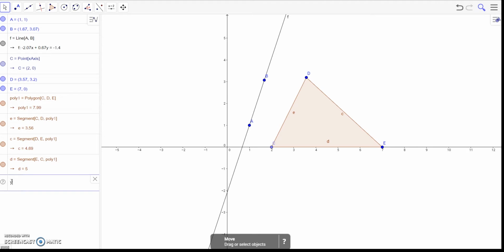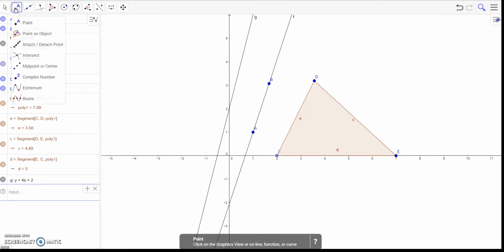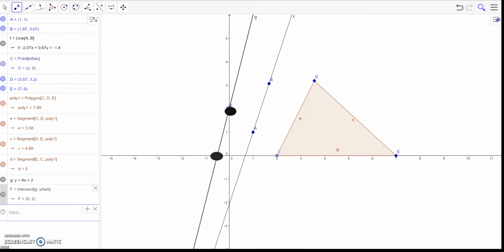Y equals 4x plus 2, and it'll give you this line. You can select a point and put the points at wherever you want on the line. You can go to 2 for your y-intercept, and your intercept is about a half, negative half on this side,